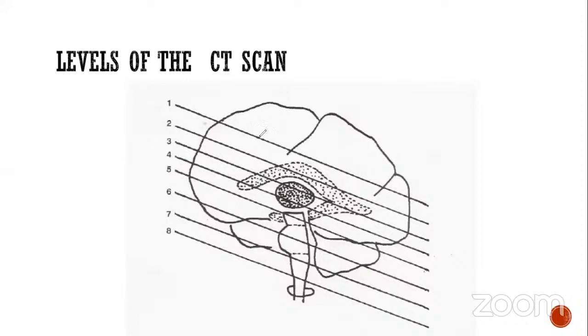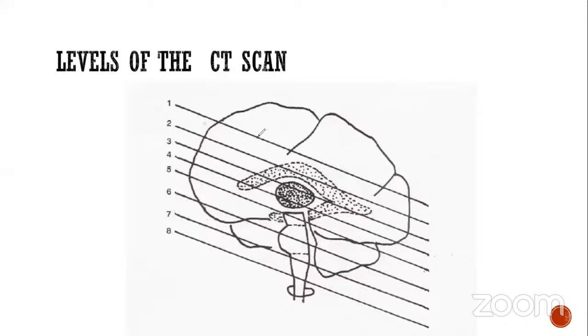Then level 1, the first cut, is above the level of the lateral ventricle. Second one is at the level of the bodies of the lateral ventricle. Third, at the level of the horns of the lateral ventricle. Fourth, at the level of the third ventricle. Fifth, in midbrain. Sixth, in pons. Seventh, in medulla, and at the base of the skull. I will